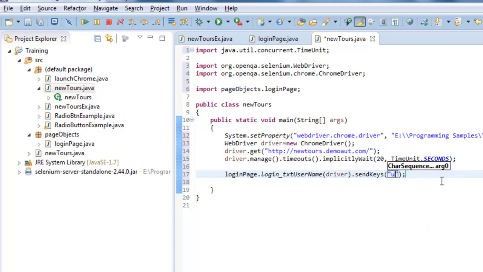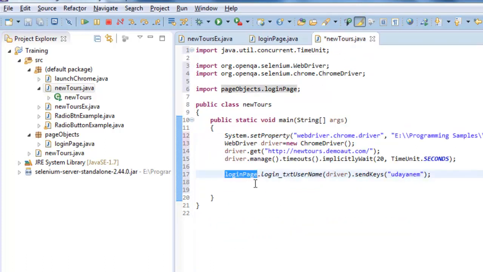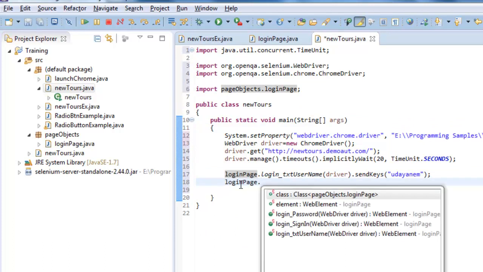Okay. In a similar way, if you want to find any objects which exist in this login page, once you enter this login class name, it will show you all the methods. As you can see, I want to enter the password now. This represents the actual password.